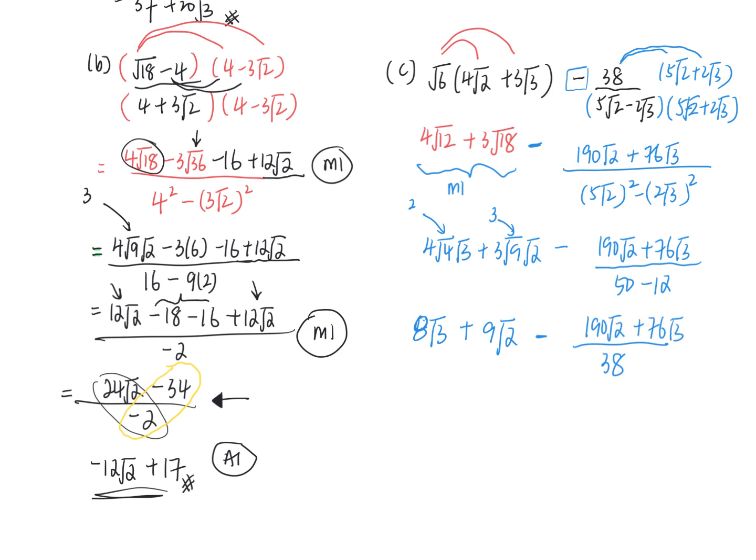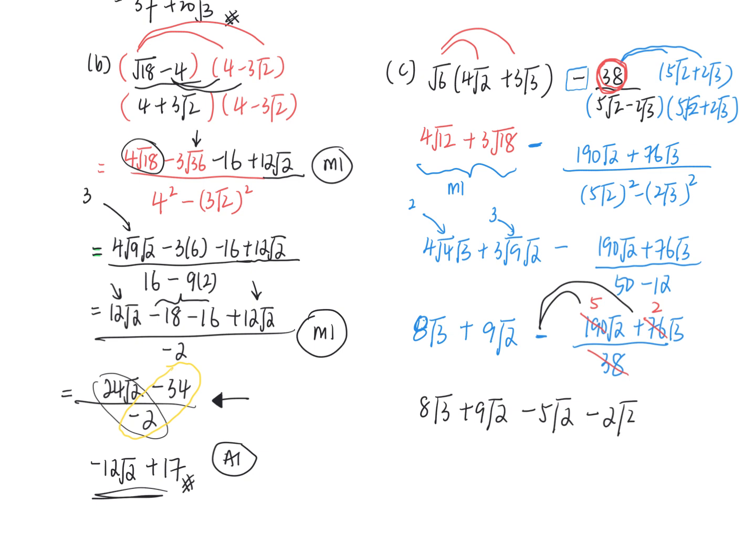And then this one actually, if you look at it carefully, you can simplify first. Can you see that this one can divide by 38, left 2. This one divide by 38 gives you 5. So it's actually just now this thing, you can cancel it out nicely if you don't expand from the start. Okay, so finally, if you simplify everything, you'll get negative 5 root 2